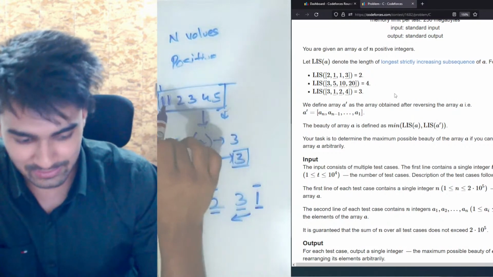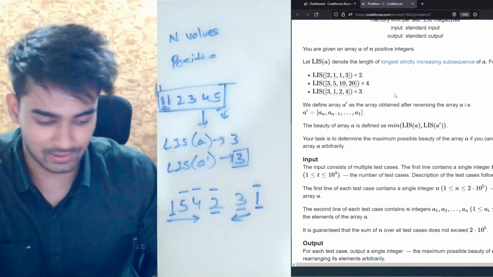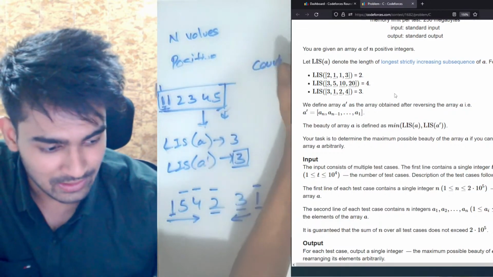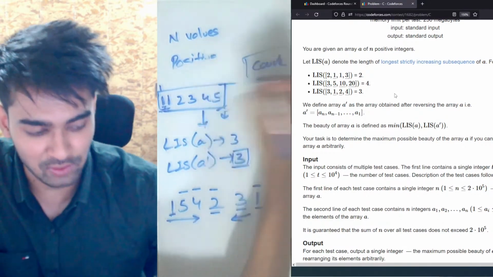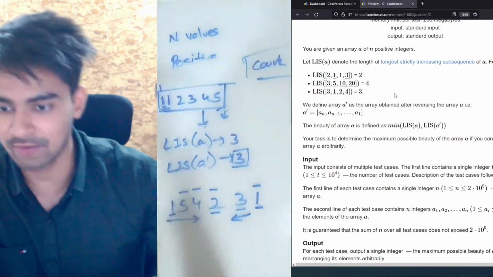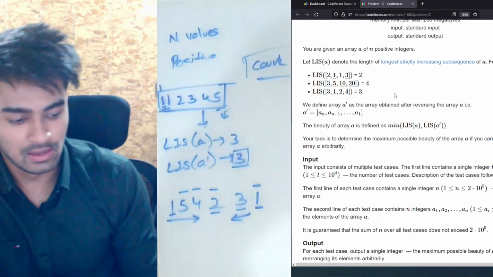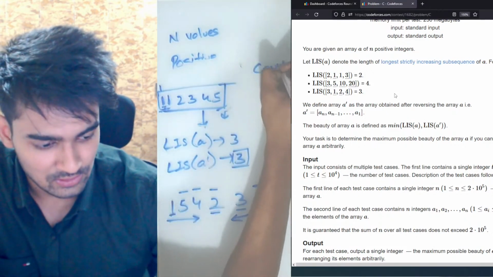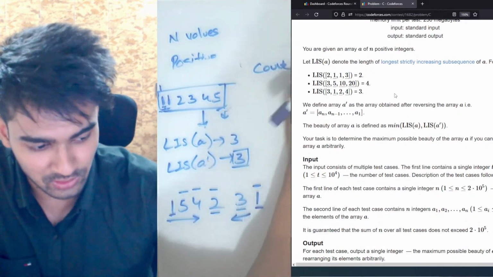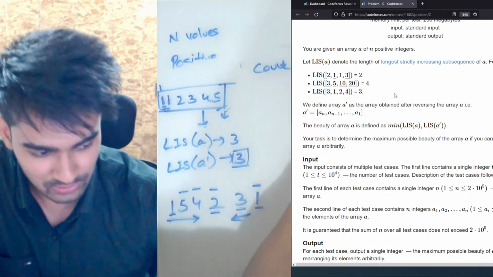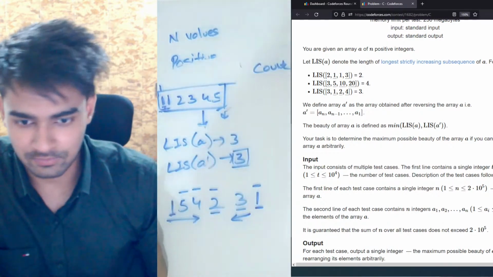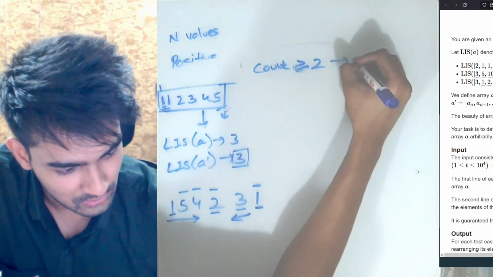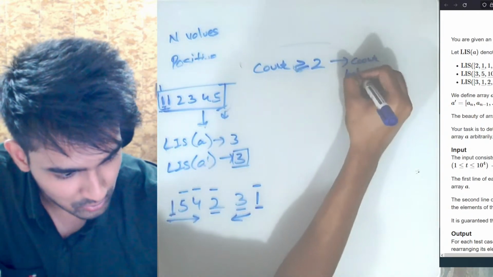So if any value has a count greater than 2, that is of no use. We only want values which have a count less than or equal to 2. If any value has a count greater than 2, we just have to assume that its count is equal to 2. Now, if any value has its count greater than or equal to 2, then we actually need to count this on both sides,